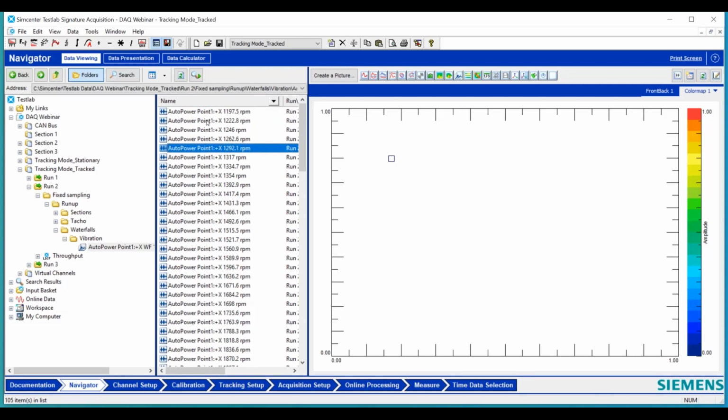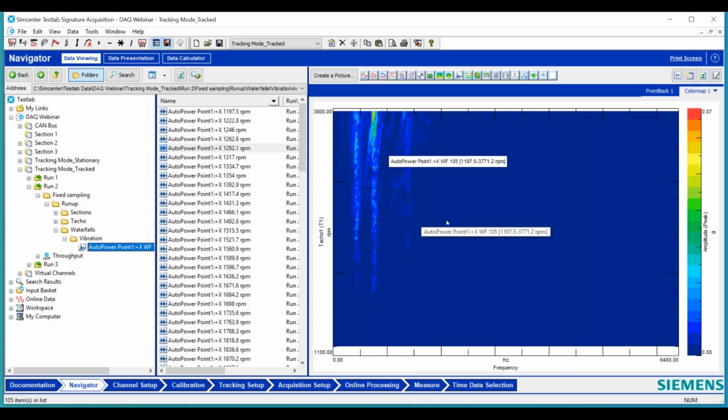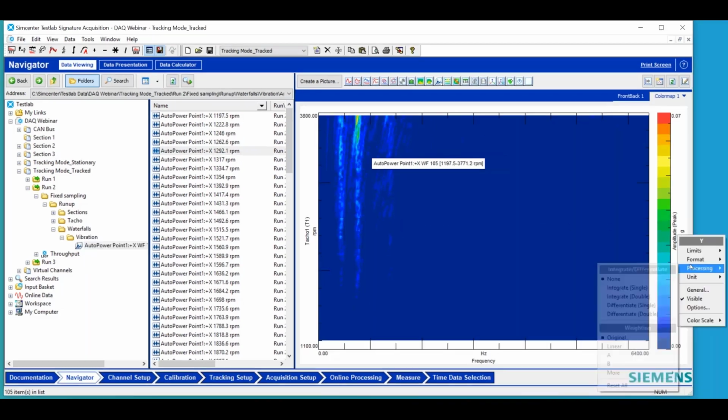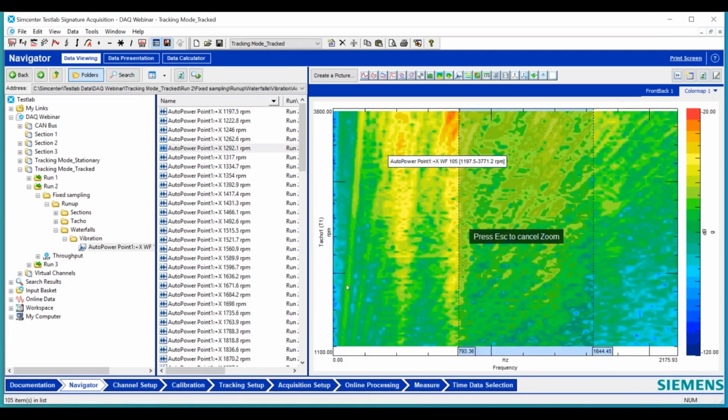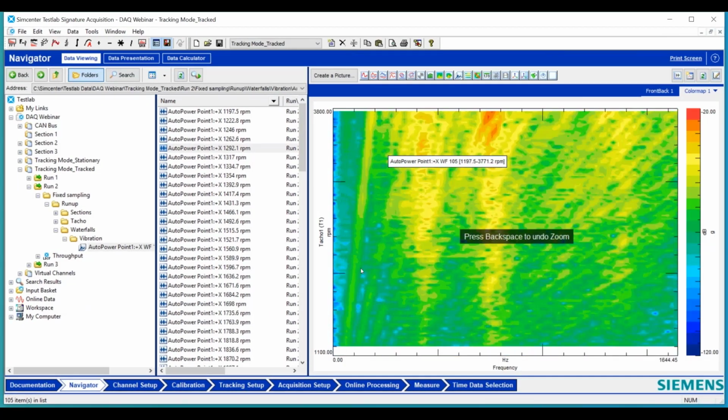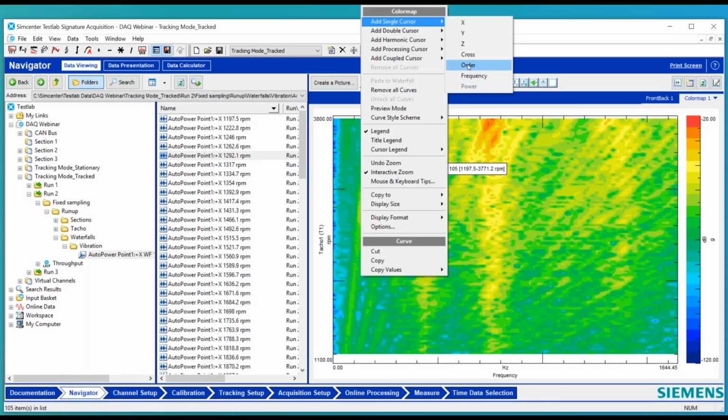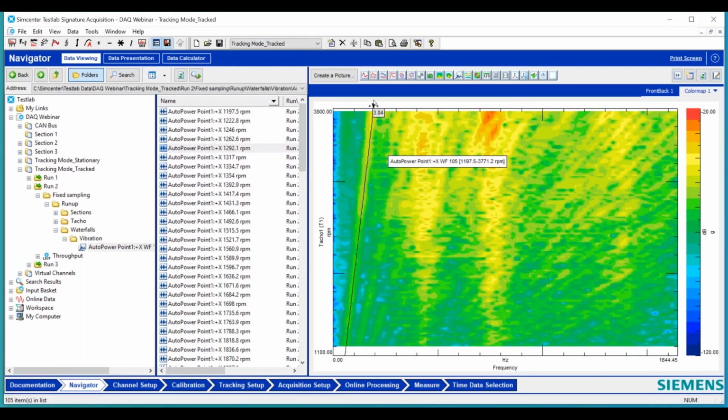So each RPM increment, it grabs a chunk of data and calculates an FFT. If I grab all of those and put it here, and maybe let's make this dB so it looks a little more exciting, and zoom in a bit, we can see a few things. We can see some orders, right? I could put an order cursor here. So what is this? Third order, some 6, some stuff at 12. I see some structural resonances, that 12th order, helping to excite that structural resonance right here at this frequency.